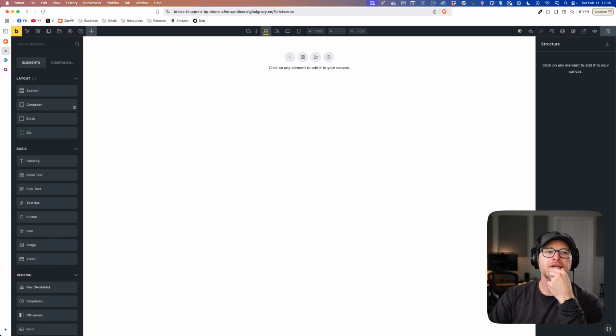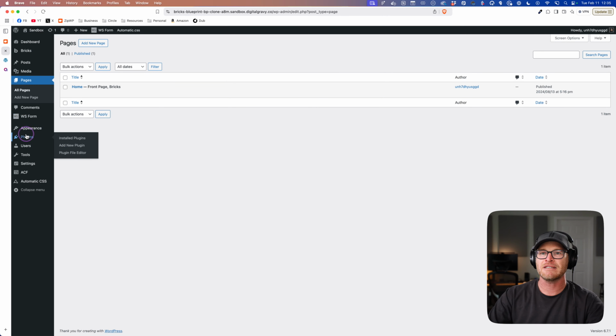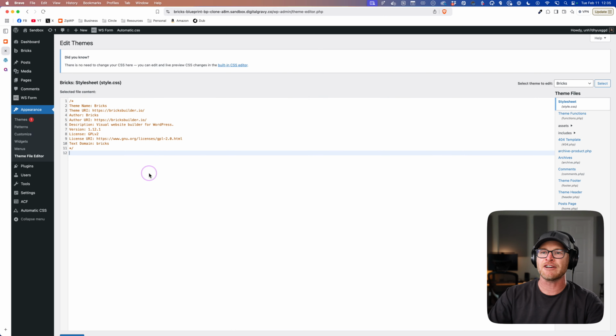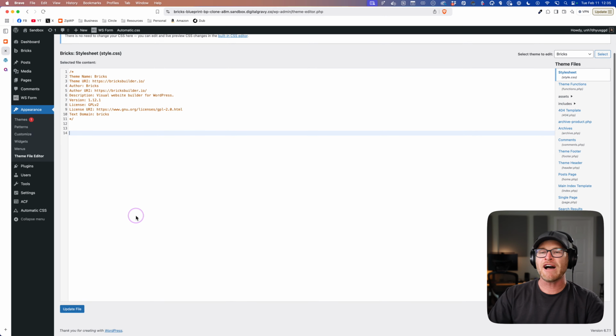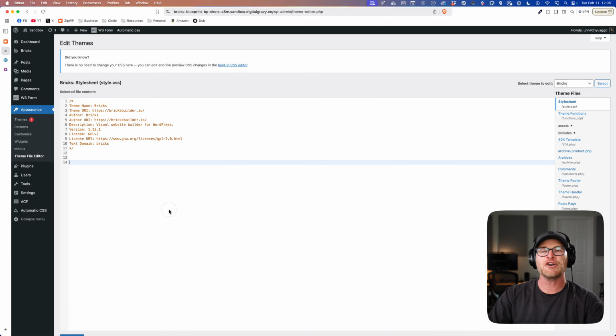Let's see. All global CSS should go in ACSS panel instead of Brick's child theme. Absolutely, yes, absolutely. Stop using Brick's child theme. Stop doing that. It's a terrible way to write CSS. Look at this. Let's go to this. This is poverty. This is a poverty CSS editor, okay? This is a glorified text area input. This is terrible. It's the worst place on earth to write CSS. Do not write it here.